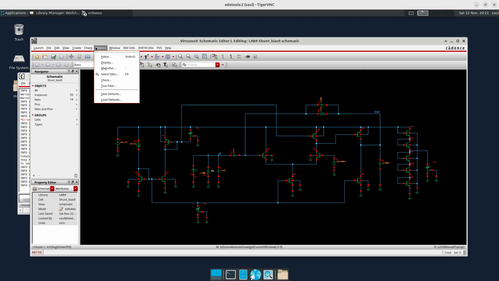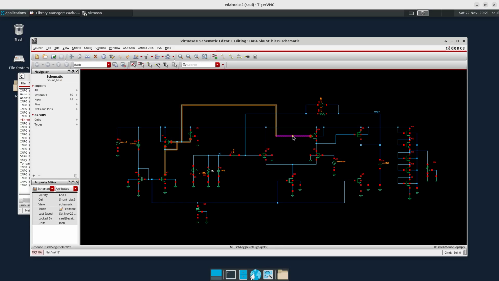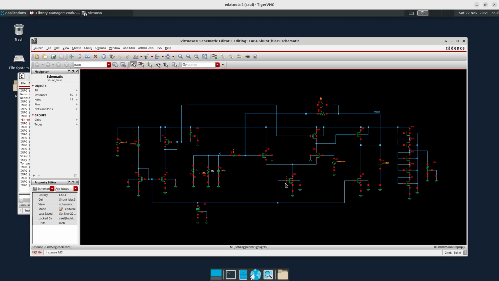Let's see if we can highlight the nets. Okay, so we have a current mirror here, and then we have the tail current. Also we have created a current mirror for the tail current here, and from the same current mirror I am deriving also the DC bias for the output stage. So we have another current mirror. So the three current sources have been implemented using current mirrors,